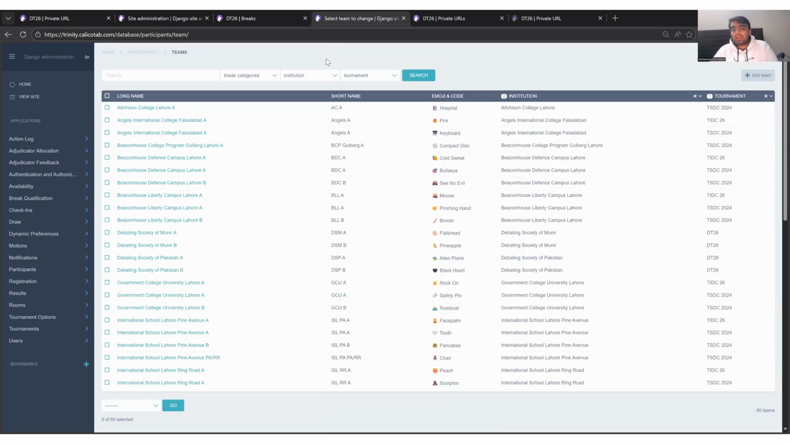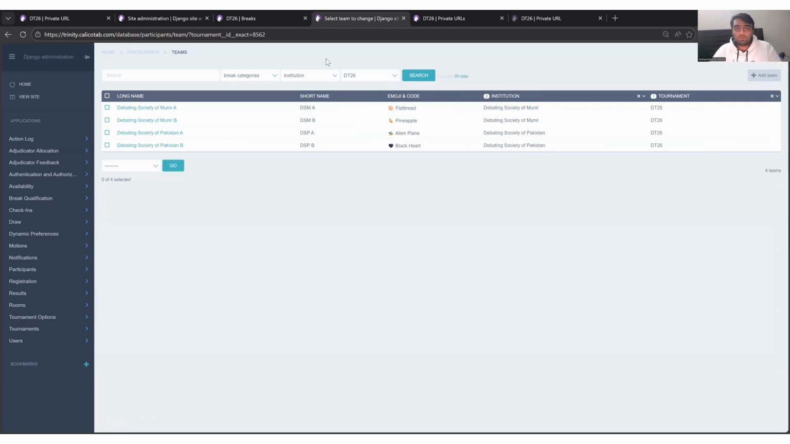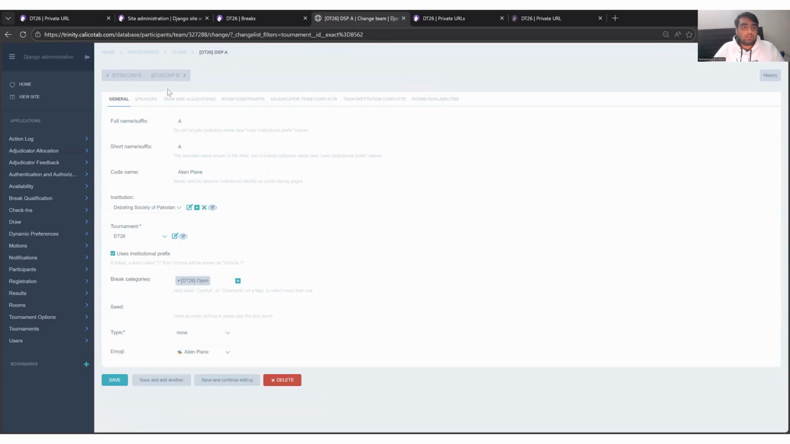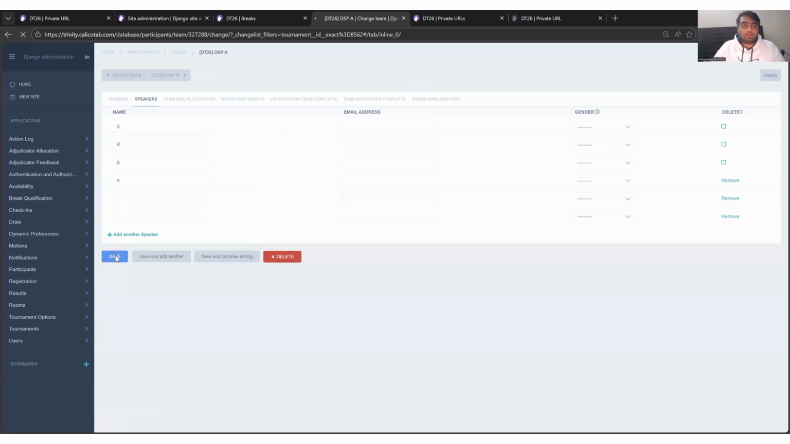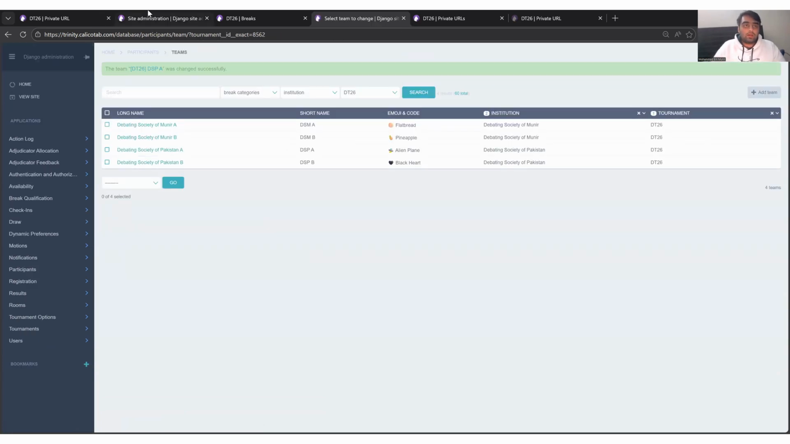अब ये सारी साइट की टीम्स आ रही हैं, so all the tournaments that have been done on this site, उसकी सारी टीम्स आ रही हैं। But I don't want that, I want to make change to the DT26 tournament. यहाँ पे सिर्फ इस टूर्नामेंट की टीम्स आ गई। Now I can go to the team, then speakers, and I can just simply add someone else, right? I'll save it, and